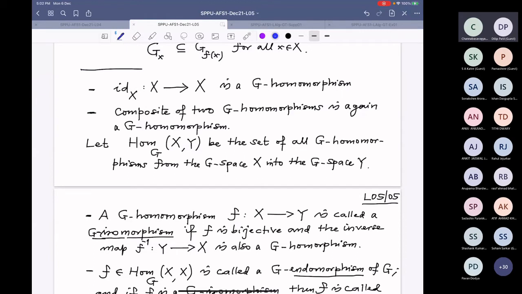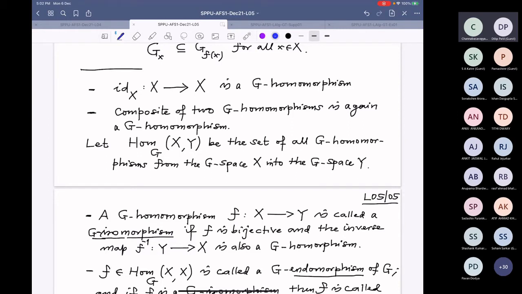So this thing may not happen in topology. For example, you might have seen that if we have a bijective continuous map from one topological space to another topological space, is it always a homeomorphism? No, it's not. So you know the examples, right? So therefore it depends on the subject. But definitely the definition is the same in every subject.